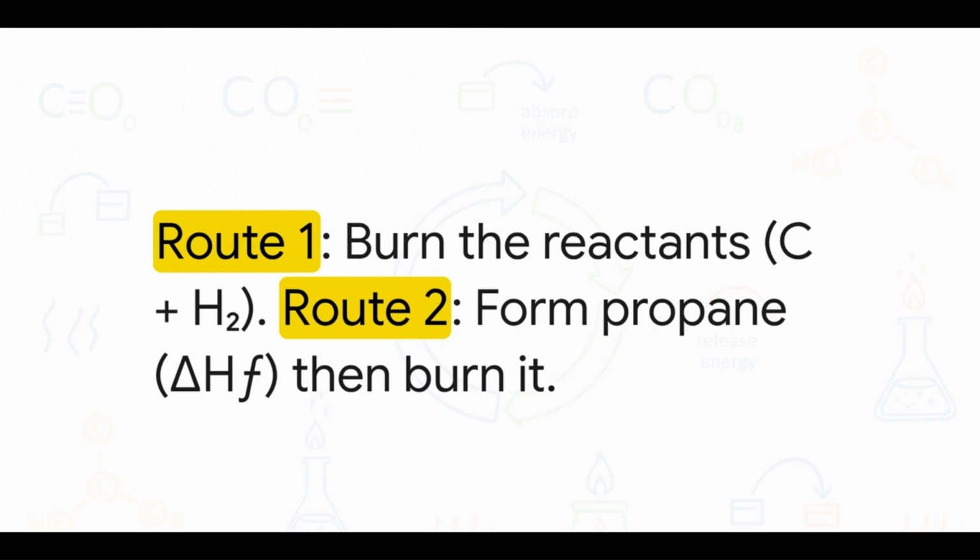Now for step 3, drawing the two routes. Route 1 is the indirect path. We burn our reactants, the carbon and the hydrogen, to get to the bottom. Route 2 involves first forming the propane, that's our unknown value, and then burning that propane to get to the very same intermediates. Since both routes start and end in the same place, their total energy change has to be